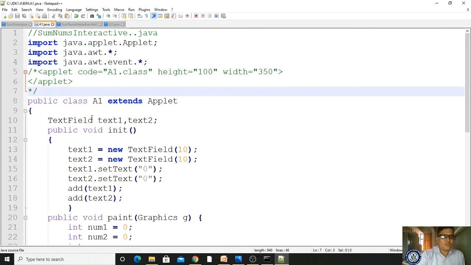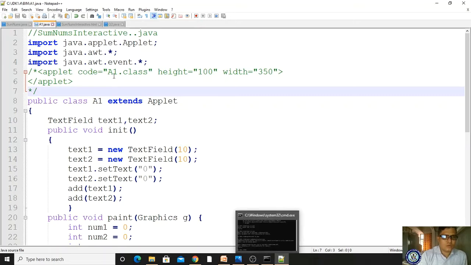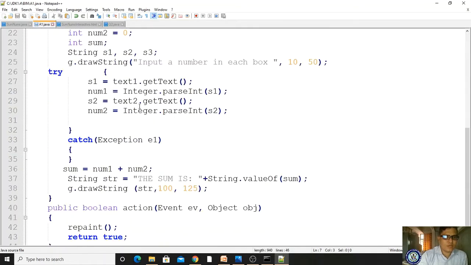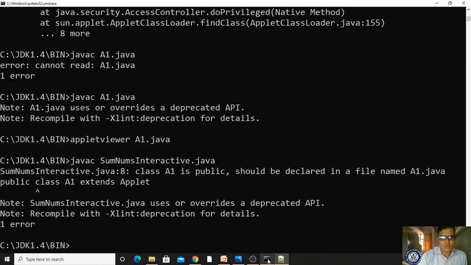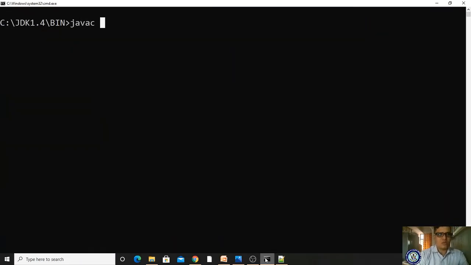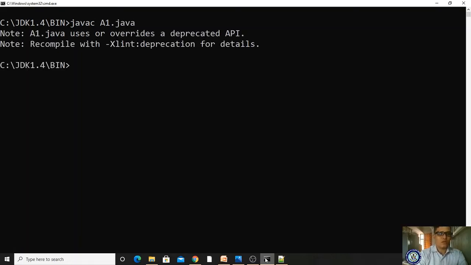Let me modify this above program as A1. Now the program is the same, right? Whichever our program, let me come here, javac a1.java. There is no error.